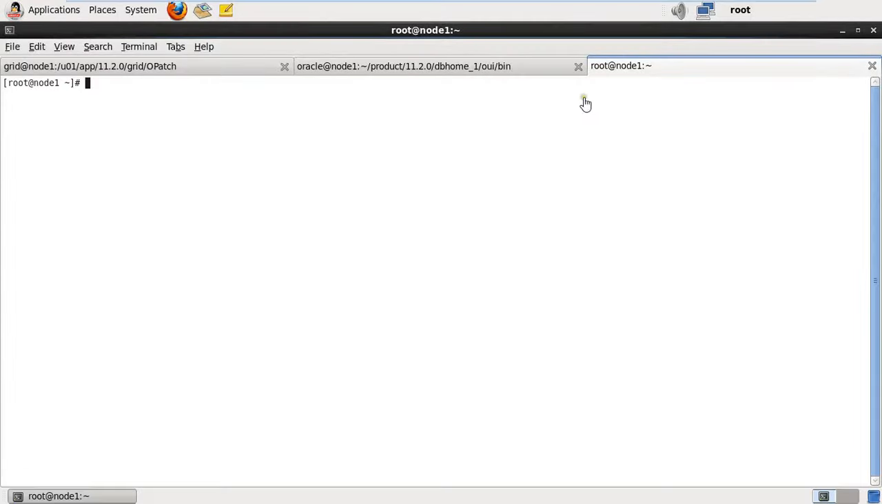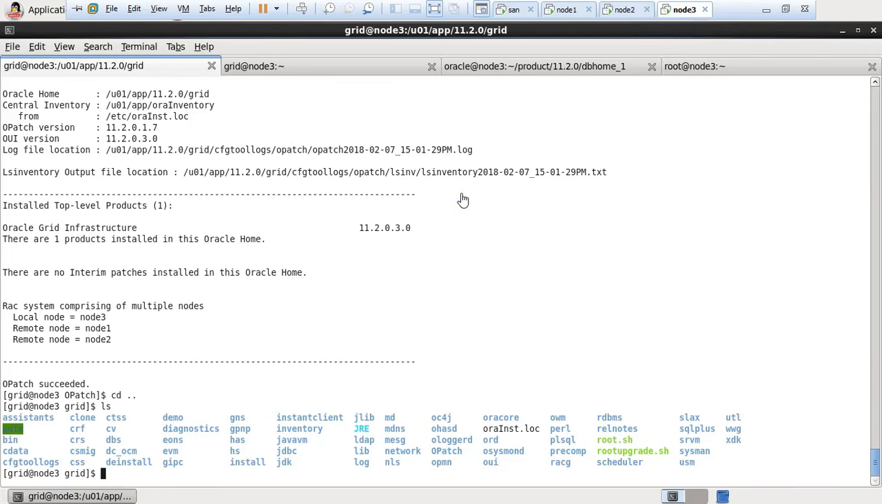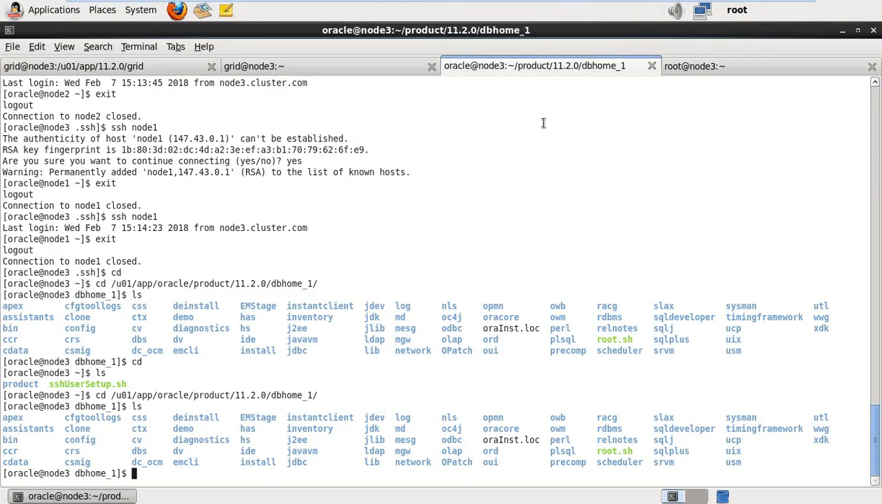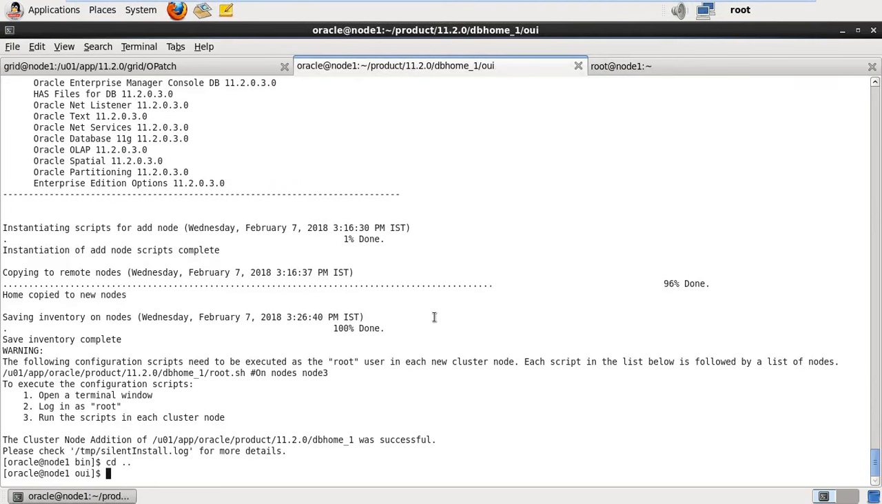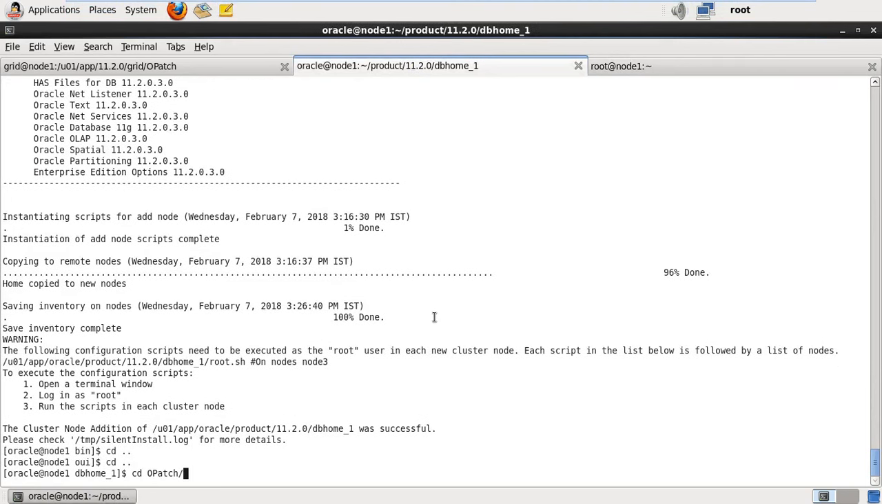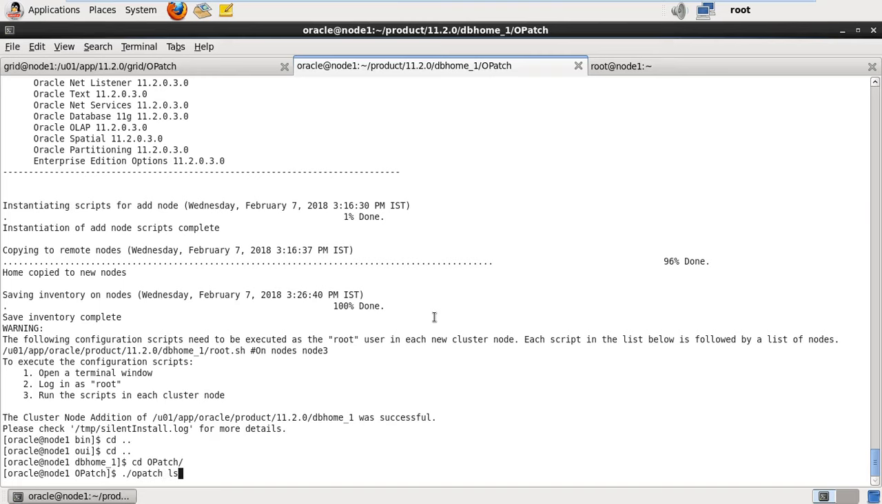Okay, since both the grid home and the database home have been copied to the third node, we will actually have to add the instance separately. We cannot expect the third instance to be added right at the time when you add the third node, right? And we are also yet to check the OPatch inventory. We will get back to the first node for that, right? And we'll go into cd OPatch, ls